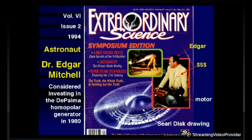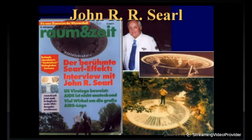And what was interesting about this particular cover that came out years later was that the Searle disk is also shown on the same magazine cover next to the homopolar. So I thought this was sort of a coincidence or synchronicity, and I ended up investigating the Searle disk. Next slide. And I met John Searle in 1980 in Germany, and he actually became kind of a curiosity to